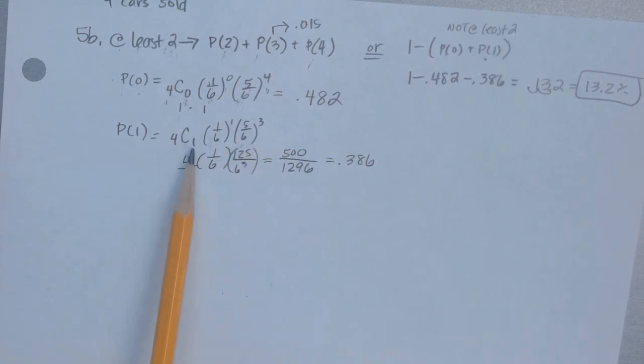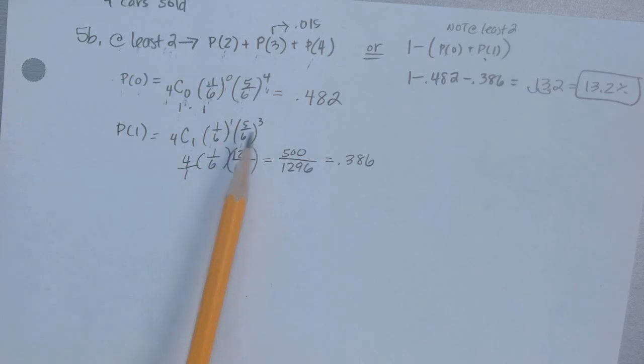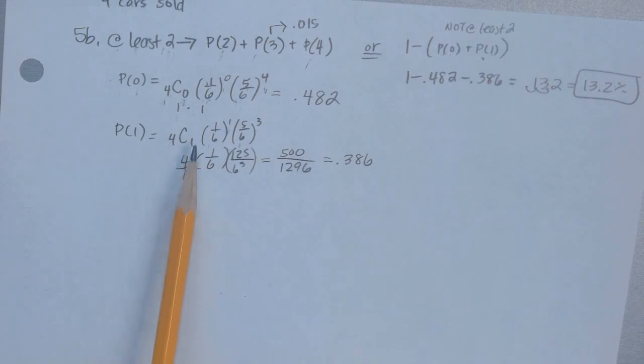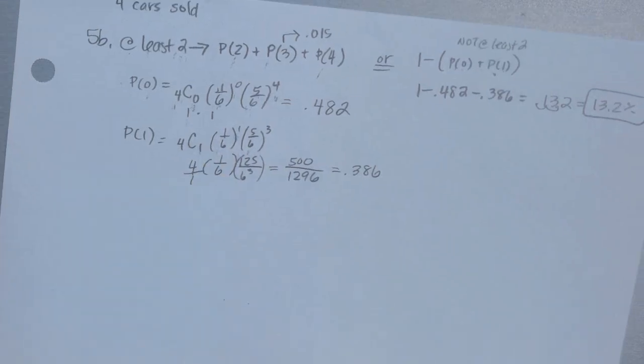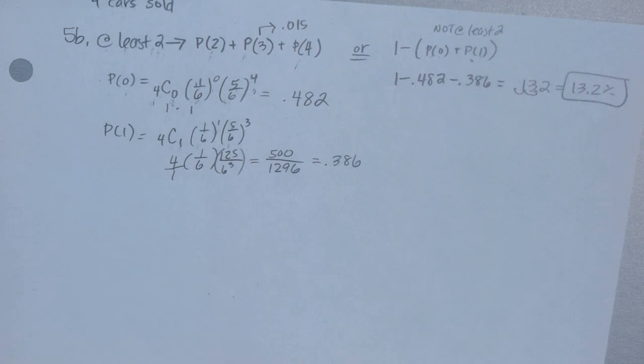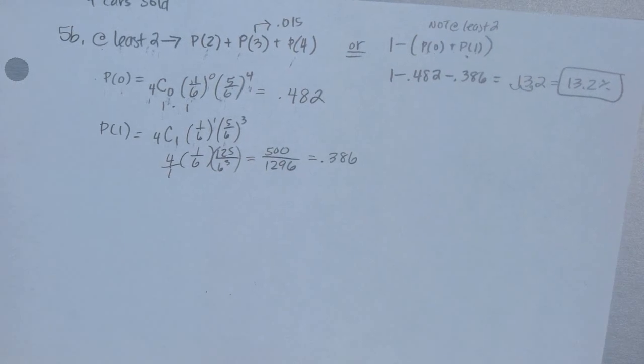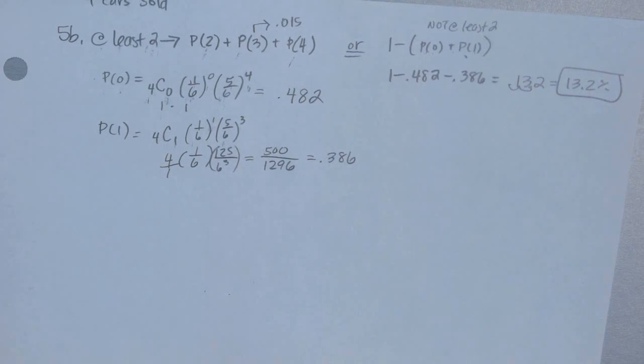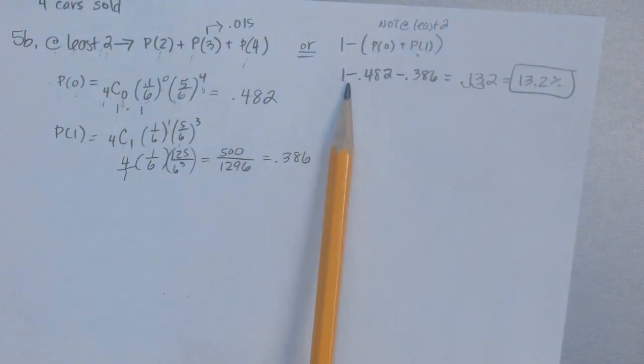But if it's exactly 1, 1 is your coefficient here. These 2 numbers always add up to the total. And these 2 numbers should always match. Okay, so make sure you know how to use your formula. Okay, and then you should get 0.386, which is the, when you subtract, you get